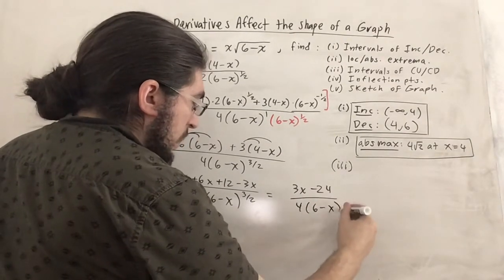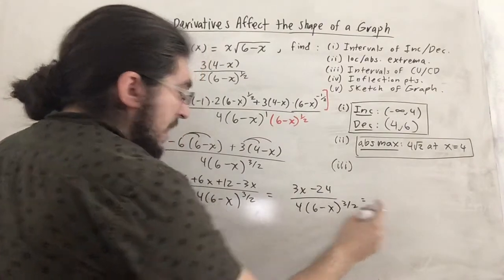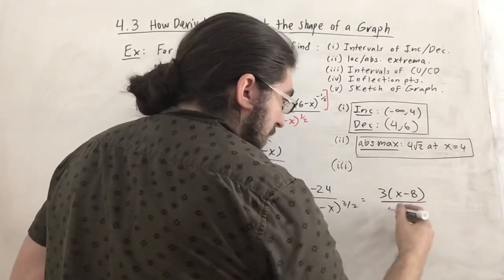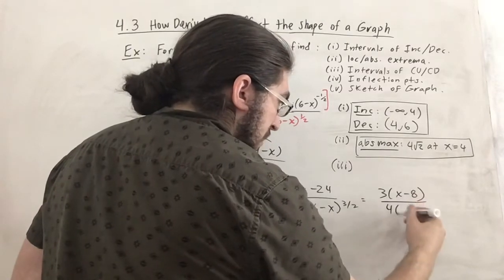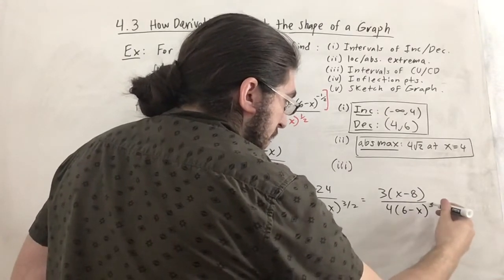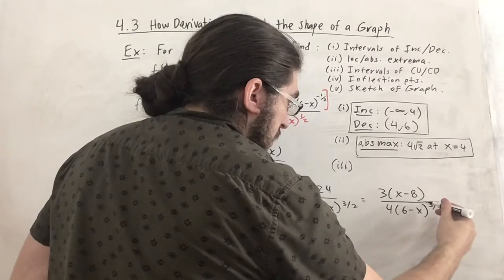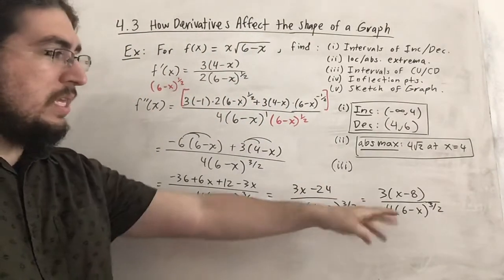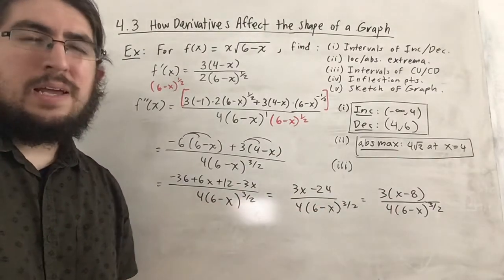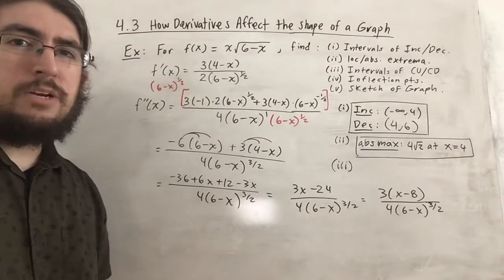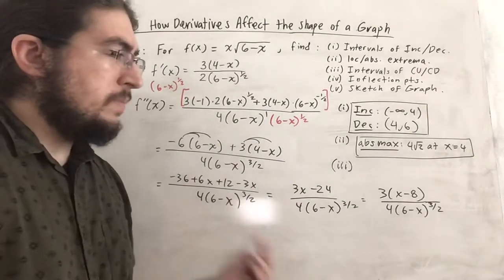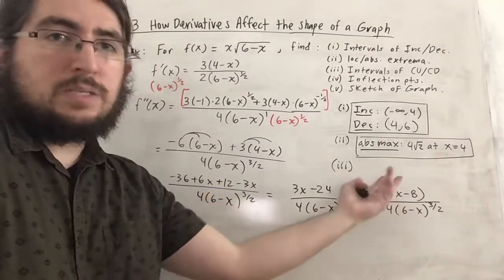And there's nothing really we can cancel out, but we can definitely factor 3 from the top. So we get x minus 8 in that set of parentheses there. Perfect. So it's looking pretty good, and from this we can actually tell what the critical numbers would be. Really, they're not called critical numbers here because now we're dealing with the second derivative as opposed to the first. So those numbers I'm talking about, of course, are 8 and 6 because that's when each of these factors are